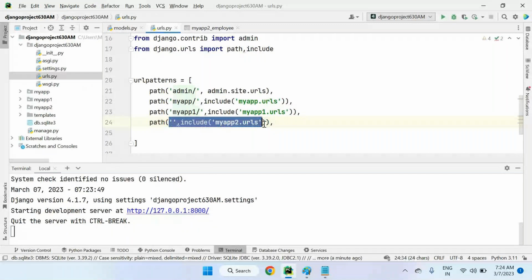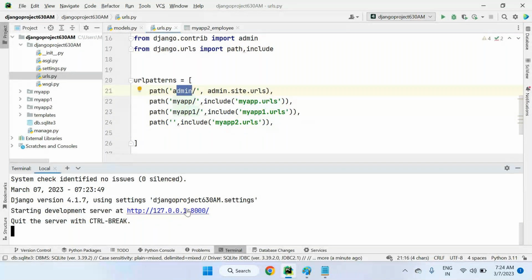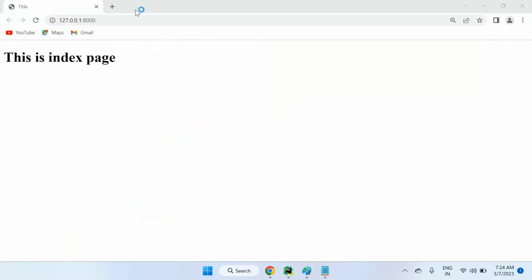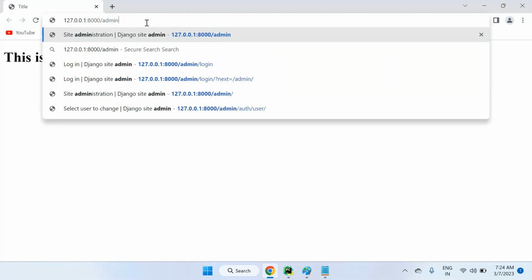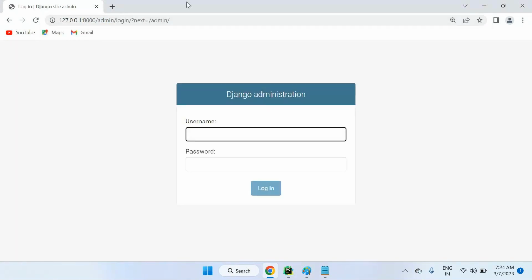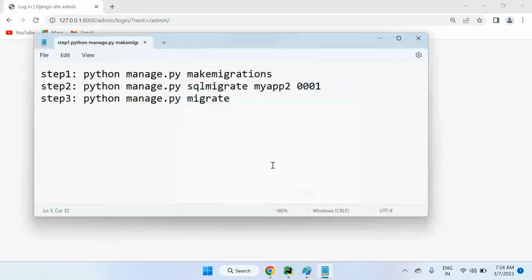After running myapp2, I want to go to the admin panel. I have to hit the admin name only. Let's see this. It will go to the template response, but I don't want to be here. I want to move to the admin panel, the /admin URL name. You can hit it immediately and the Django administration panel will open. Here I have to use a username and password. Already in my previous lecture, I created one superuser, so I have to log in with that superuser. Do you know how to create a superuser? To create a superuser, this command is required, sir. A simple command: python manage.py